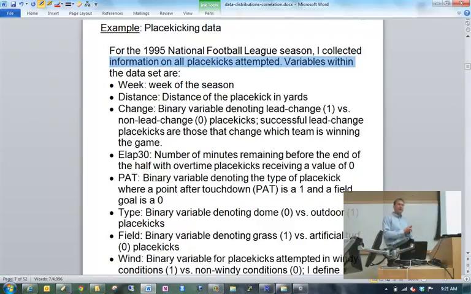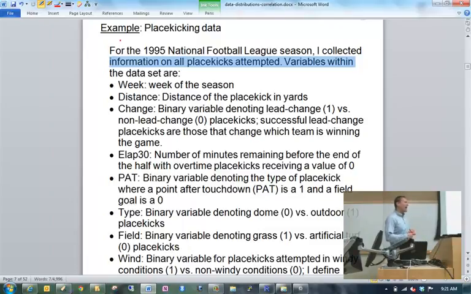when I was getting my master's degree in statistics from Kansas State. For the creative component of my degree, I had to do what was called a master's report. And what I did was I collected information on all place kicks that were attempted in the 1995 National Football League season. There was a lot. There was over 1,800 place kicks that were attempted. And as a kind of an interesting side note,